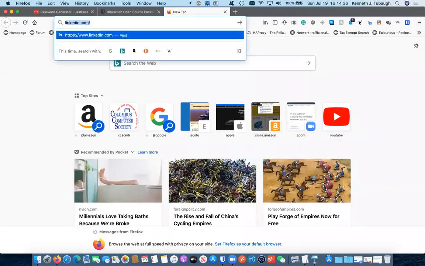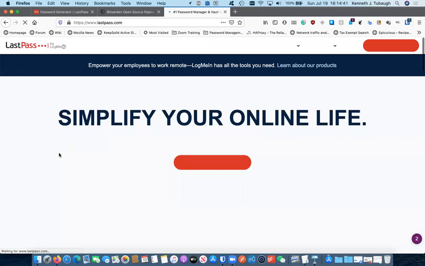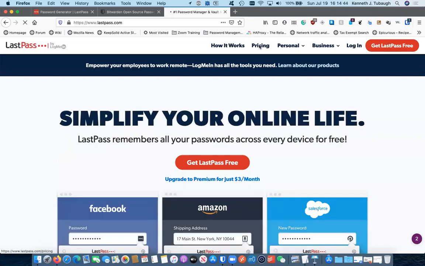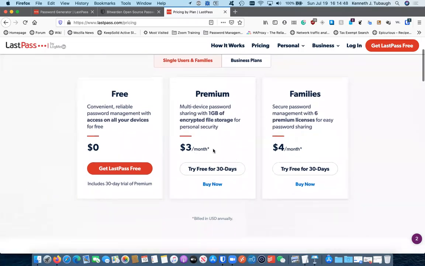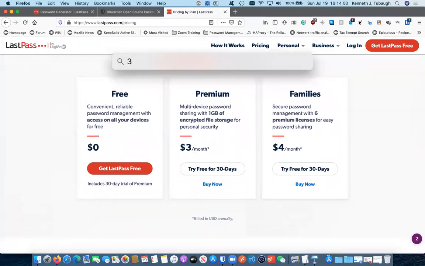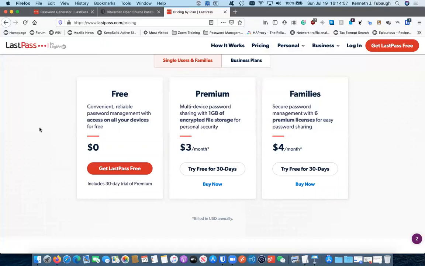Try that again. LastPass, you can use it for free up to a point, but it was more limited and it was more expensive. So $3 a month, that is $36 a year. So it's more than 3 times the cost of Bitwarden. I'm not saying it's not worth it. LastPass does some amazing things. It, again, wasn't the right size shoe for me, so I picked something else. There's even a family account option, which,